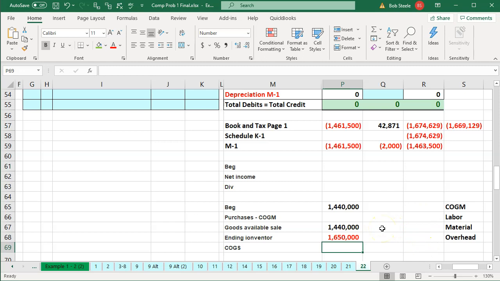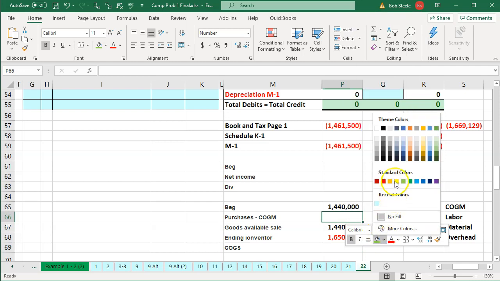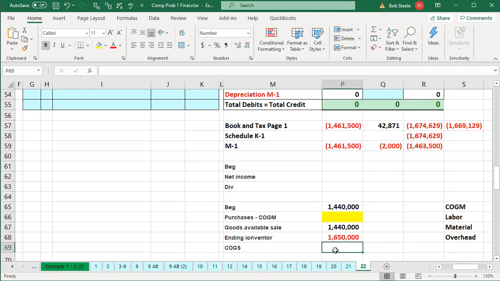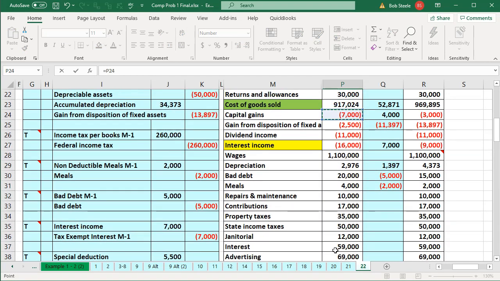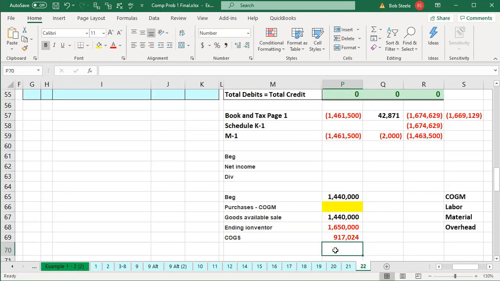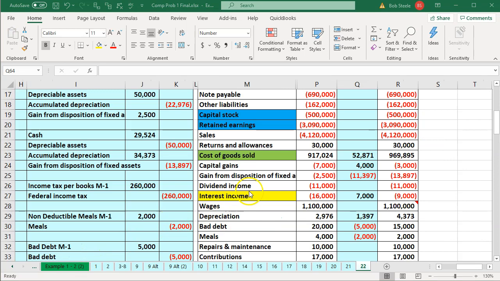So we would expect it to be the subtraction, but this number we don't know because this is an unknown. So I'm going to say, all right, that's the unknown. But I do know what's on the income statement. If they did the bookkeeping correctly, you would think the ending inventory would be what we find on the income statement, which is this number, cost of goods sold. Notice that I picked up the wrong number. I picked up this number, which is the beginning number, but we then adjusted it for tax purposes. So we really need the tax number, which is this